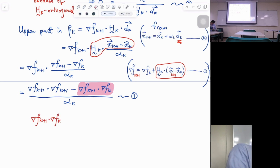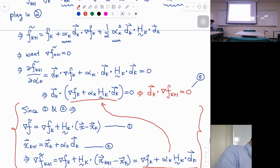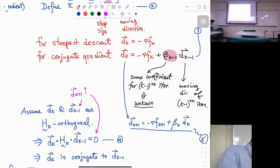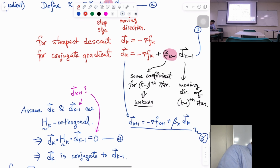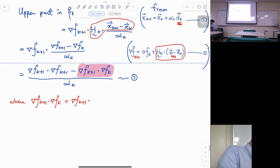So what we are going to do, this can be rewritten as something. Let's use equation 3. Equation 3 is here, all the way at the top. Do we use equation 3 or 3 prime? We use 3. So let's get equation 3 right here. Copy it, paste it here,